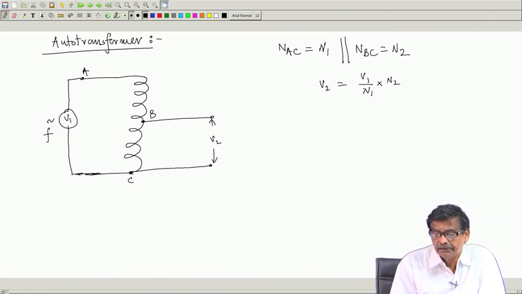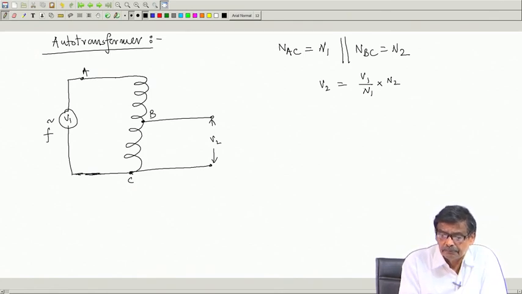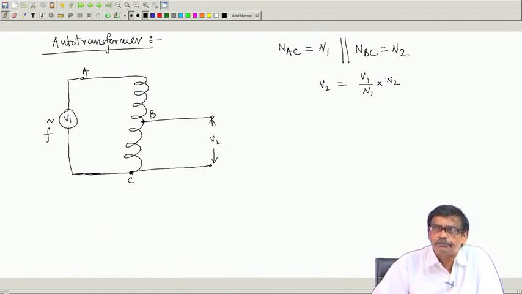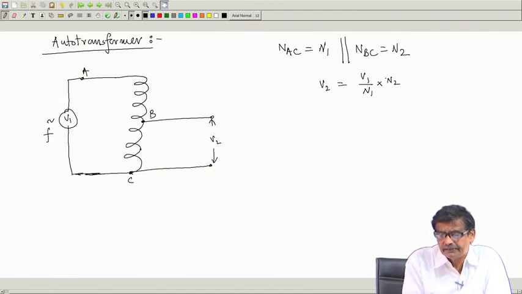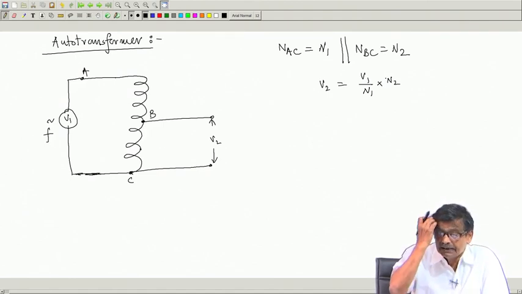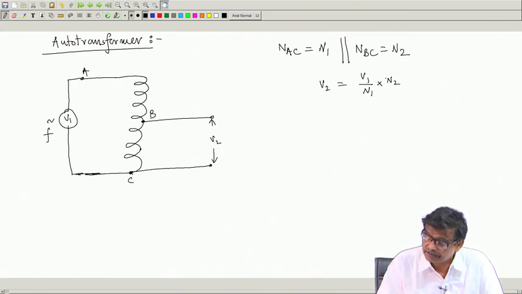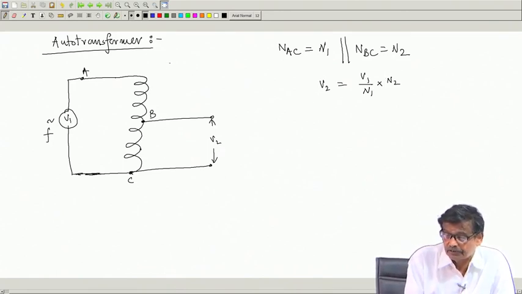So, in this arrangement if B is very low at this point, if N2 is very low, you get high voltage to low voltage, very low voltage transformation is possible. So, in a 2 winding transformer this is precisely we do, we want to change the level of voltage. Can we step up the voltage? Here it is stepping down the voltage. Yes, you can step up the voltage. For example, this is step down auto transformer.